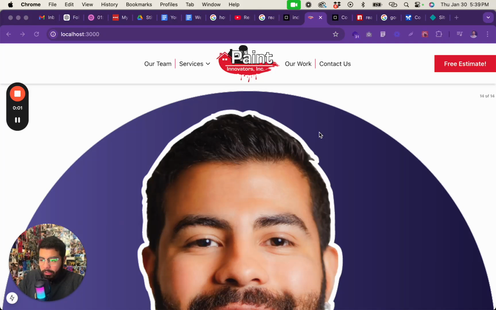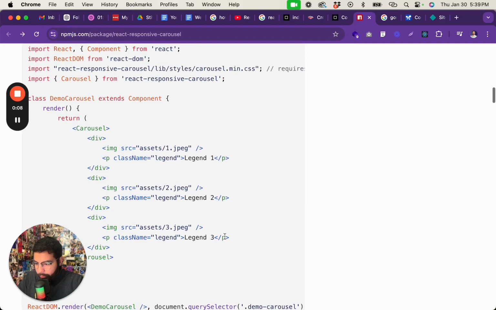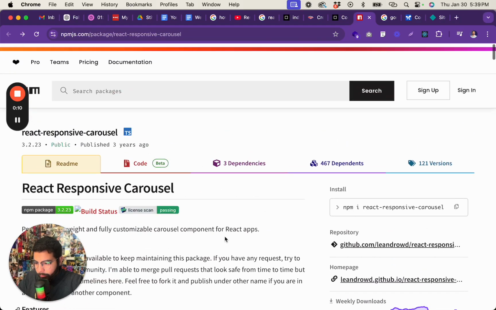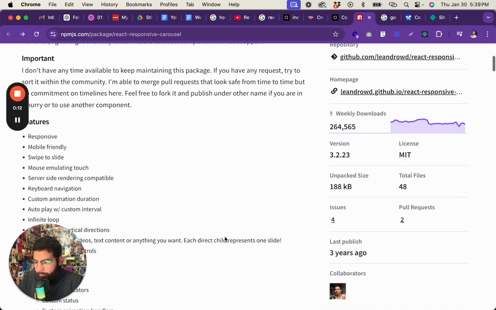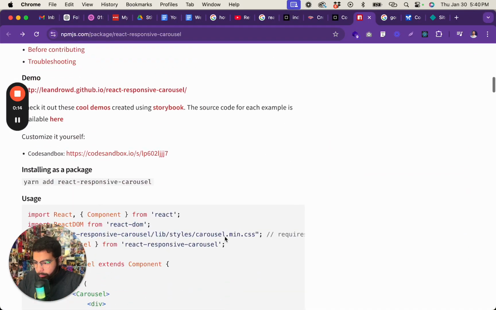To create a carousel with React or Next.js, it's very simple. All you have to do is install this package right here, which you can see. I use npm to install it, but of course you can use yarn as well. But once you've done that,